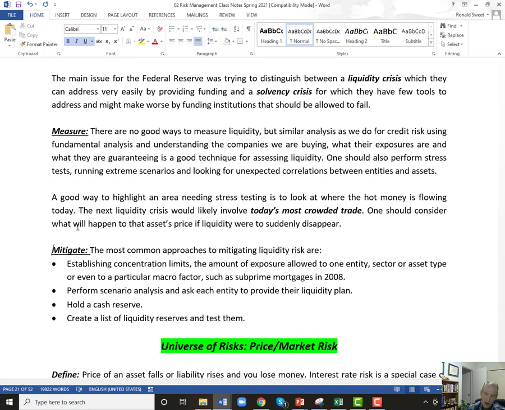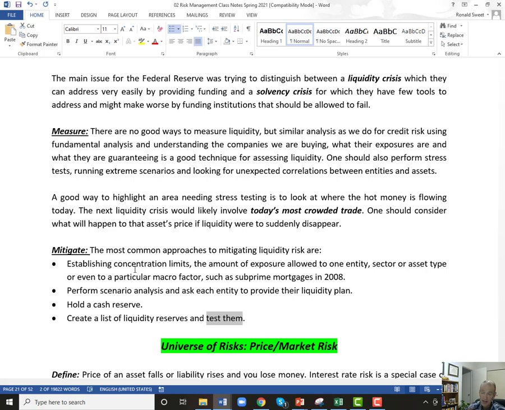Then this one I strongly recommend. What are your liquidity reserves? Where can you turn if you can't sell assets? And not only do you have a list of your liquidity reserves, you actually test them. At USAA, we had credit lines. We would actually go out and borrow a few $100 million and let it sit there for a few days. We might be paying 3% and making 2%, so we're actually losing 1%. But losing 1% on a few $100 million over 3 days is not that much money. It's a few $1,000s. But we made sure that line of credit was there when we needed it.